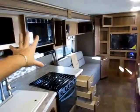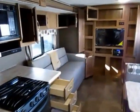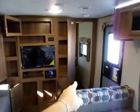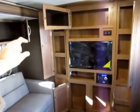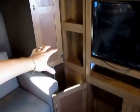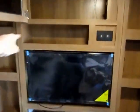We've already talked about everything in the slide-out entertainment center. That's the thing I knew I missed. It was behind me. So, just like in the bunkhouse, we do have a sliding privacy door over here. I really like that light. We've got good storage in the entertainment center. Everything is just deep enough. If you want to put at least like a DVD case in all of your shelving space, you can. And there is a door for every little pocket you see, with the exception of right here